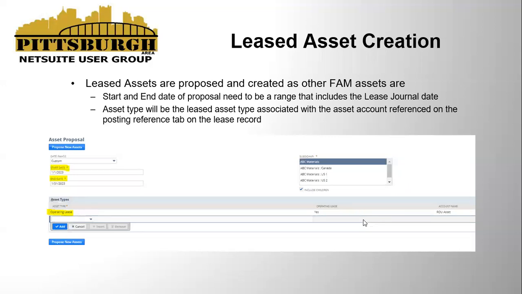So as far as the asset creation, it follows the same guidelines as any other fixed asset, right? So we have our proposal and then creation from that proposal. For this example, I had that lease journal created at the beginning of the year, since I had set up this lease start date to be 1/1/2023. And then